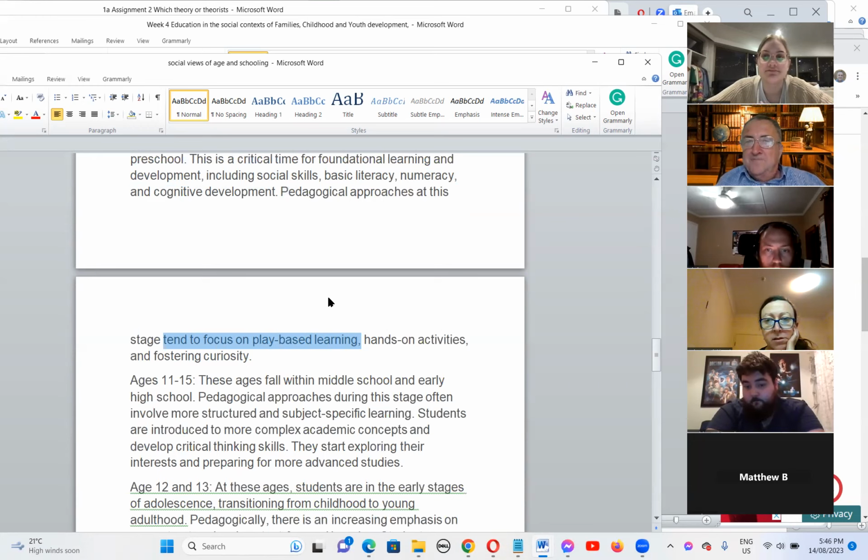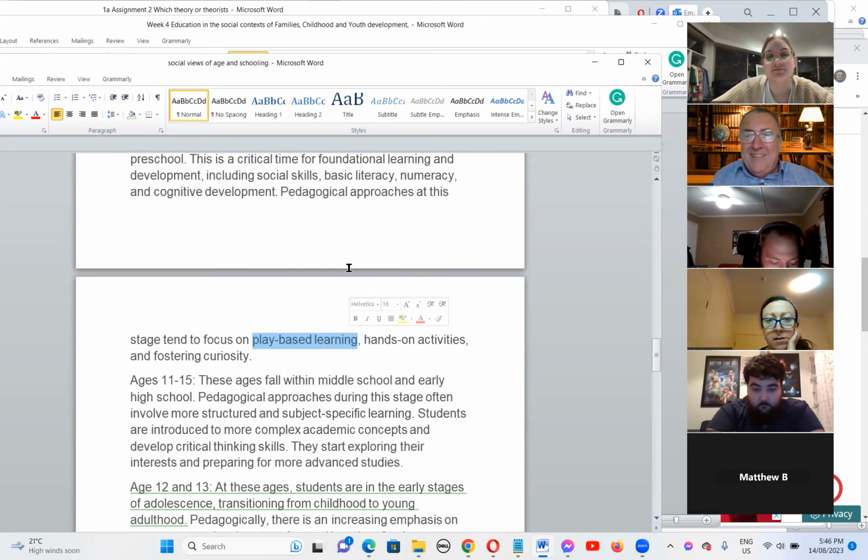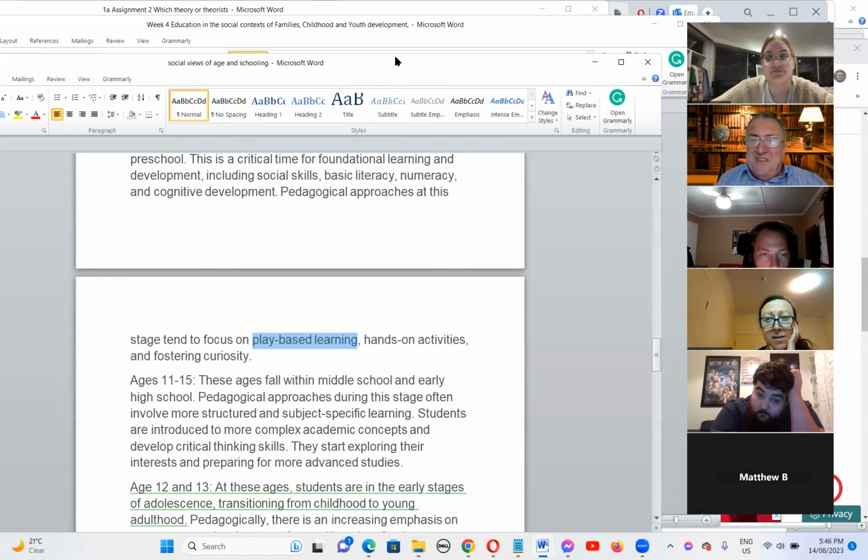Any hands going up? Maybe Catherine and Nicole, is it true that play-based learning is being squeezed out because we've got to tell the children they've got to learn this and learn that, and we don't want too much time wasted on play-based learning? Or is that a myth that I'm hearing? Catherine, and then Nicole.